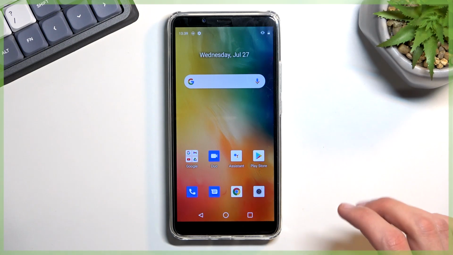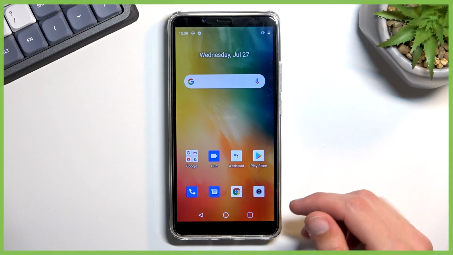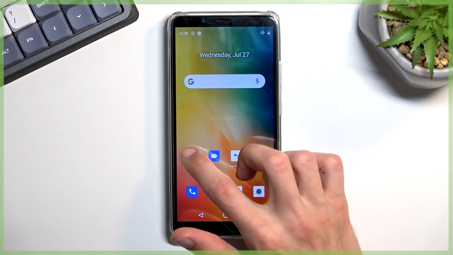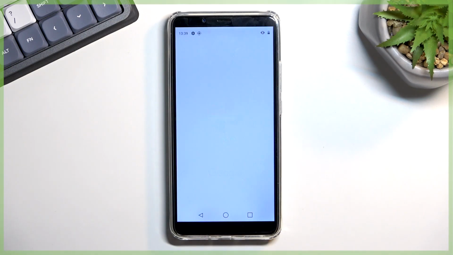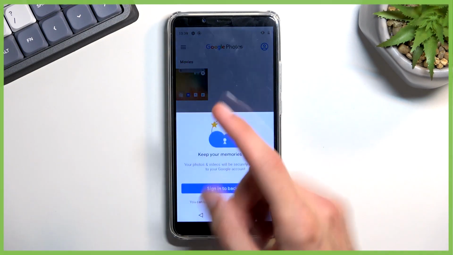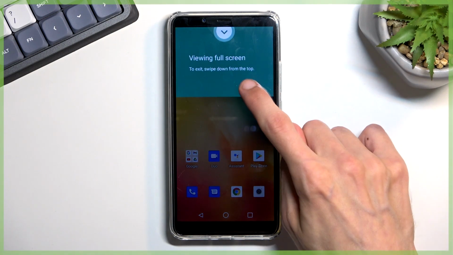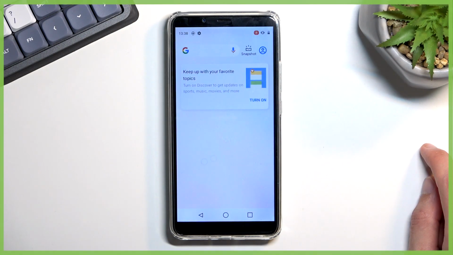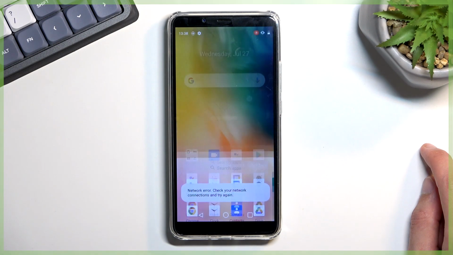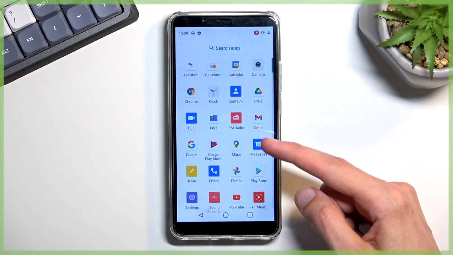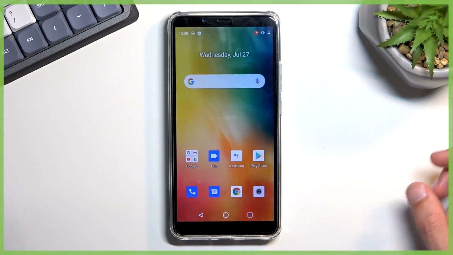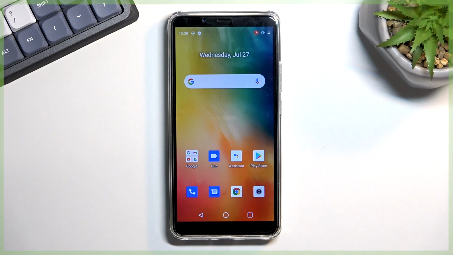So that stopped recording gets automatically saved to your Photos application, and you can see it right over here. You can see this grayish dot that was my finger. So anyway,